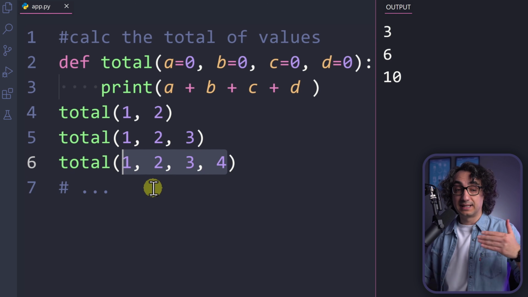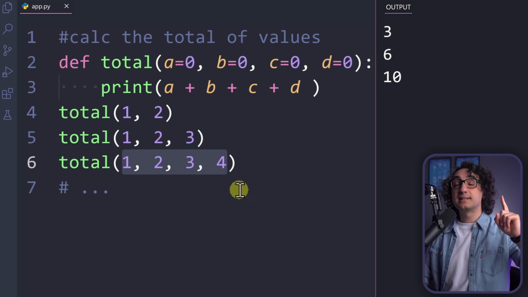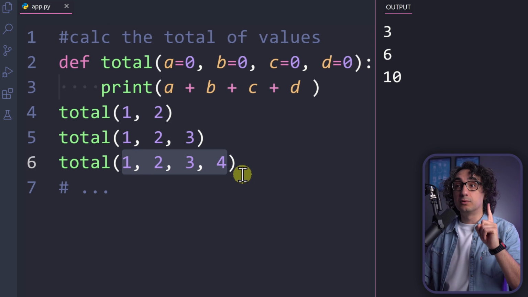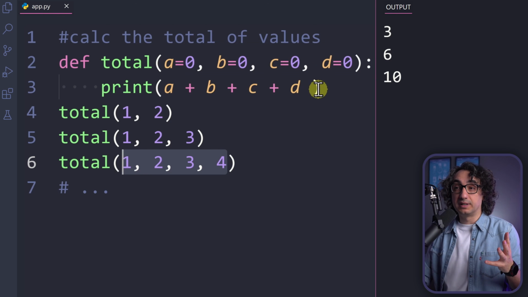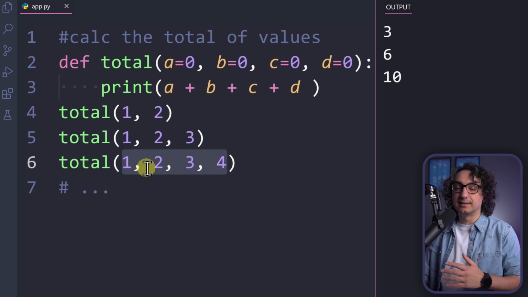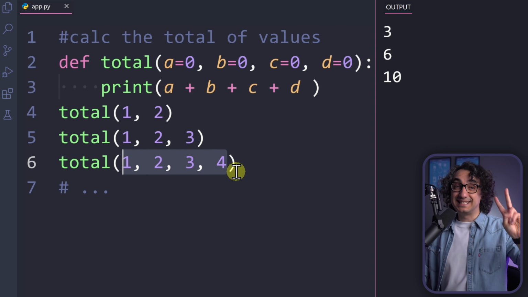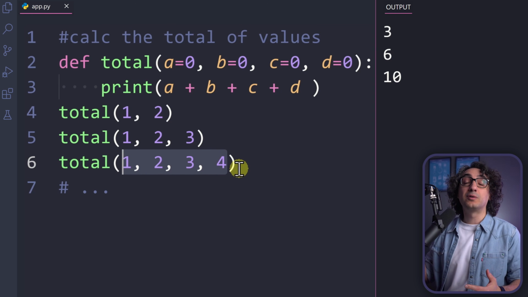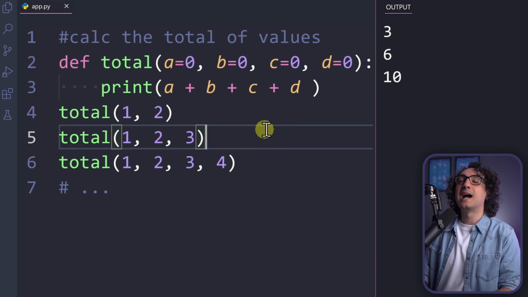So instead of having separate arguments, we're going to send only one argument, one value, a list, and then we're going to do the sum operator inside the function. But of course, this is going to feel heavier because you have to go and create a list and stuff like that. That's why we have a second option where we're going to use the star or the double star args. Now let's see how we can do that.